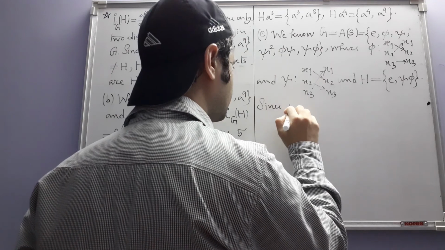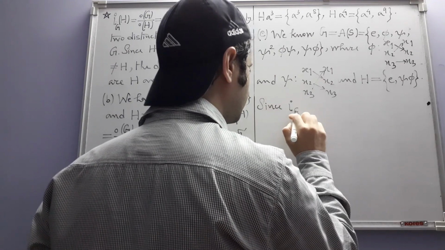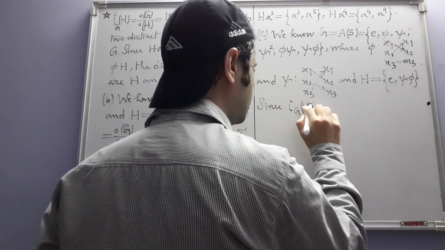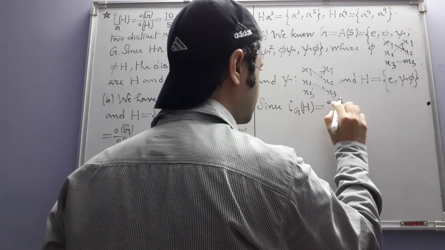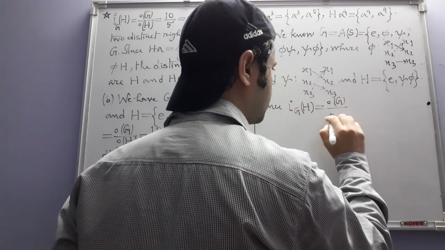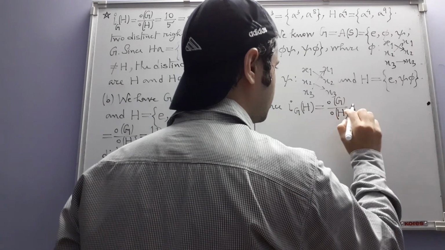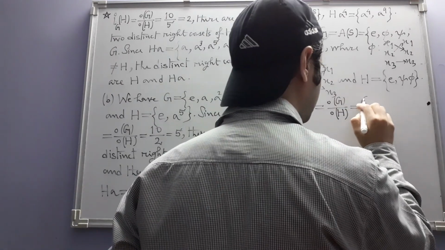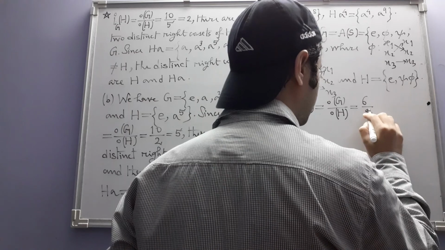Since the index of H in G in this case is 6 divided by 2,